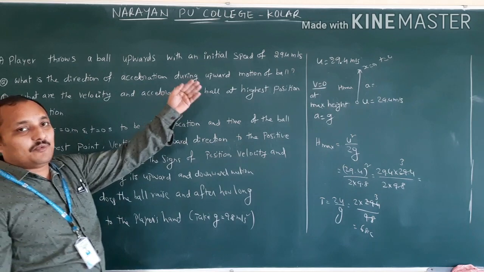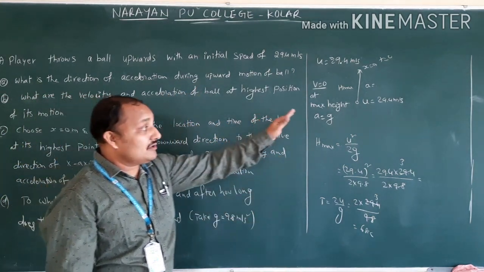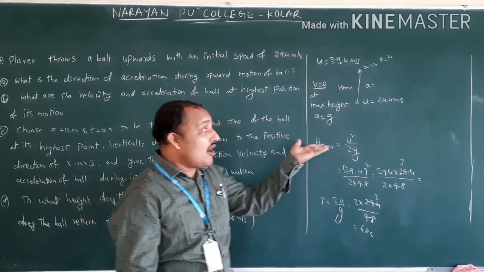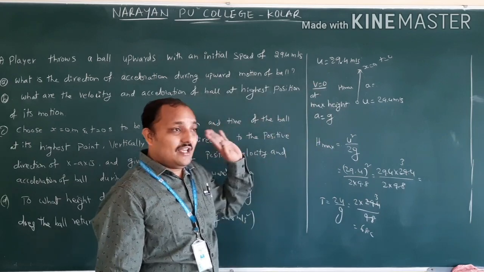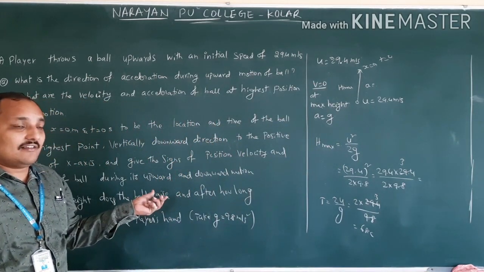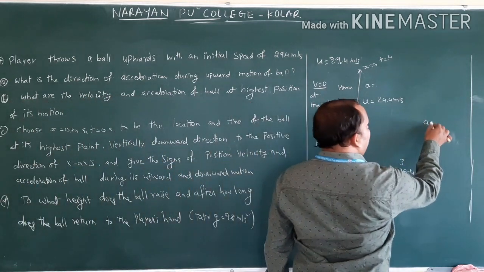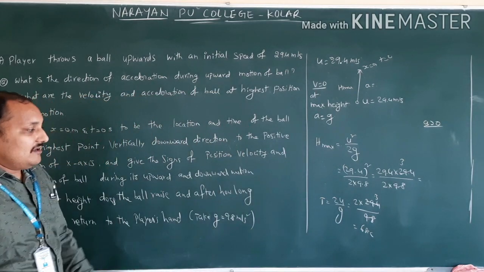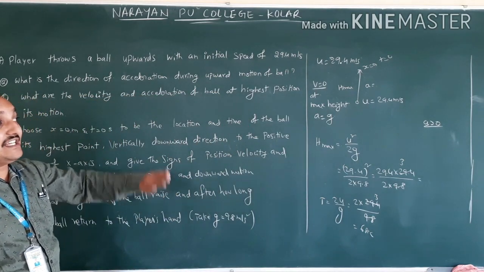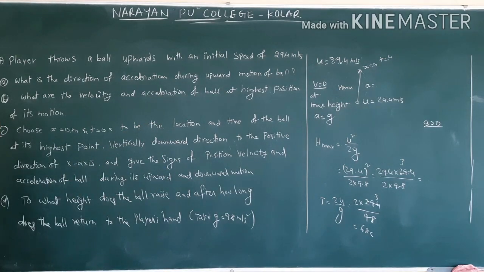Object is moving either upwards or downwards. Acceleration is always equal to 9.8. So the negative minus will give object is moving upward direction. So plus g will give object is moving downward direction. Therefore acceleration is always greater than 0. That is nothing but sign of acceleration. So is it positive or negative? It's always positive value, isn't it? Depending on direction, we are saying in which direction it is going, we are giving minus or plus. That is only giving direction, not minus 10, minus 30, not like that.